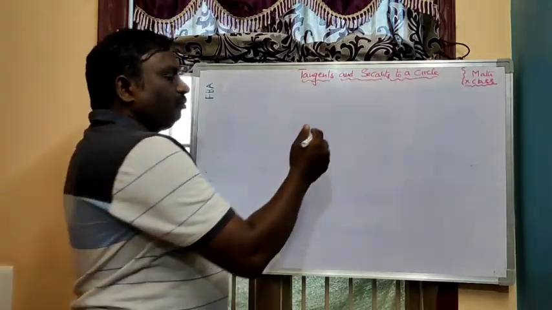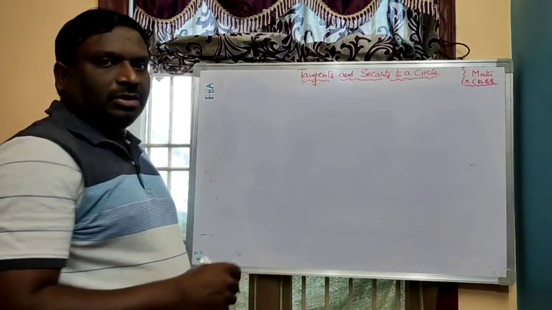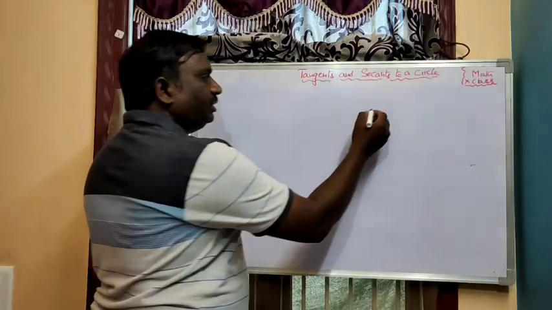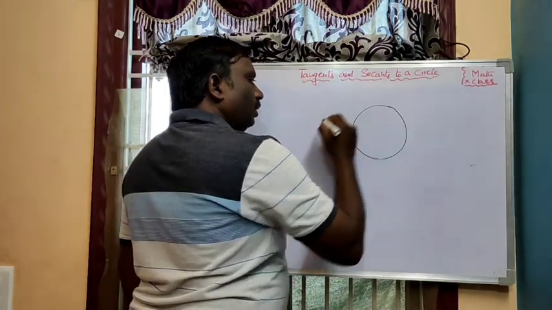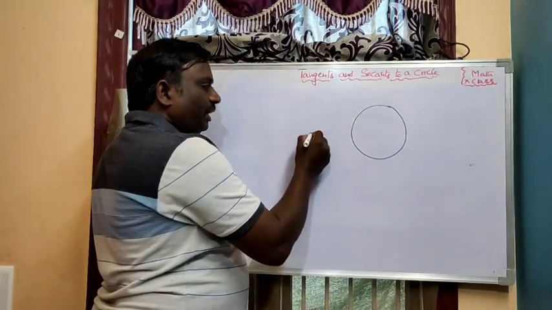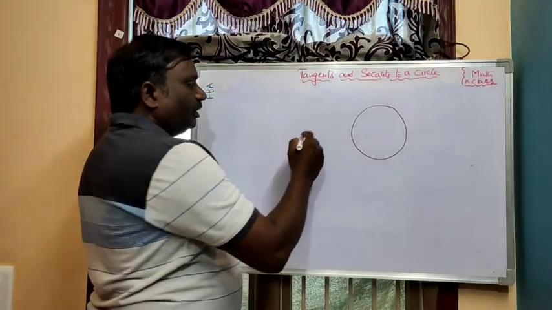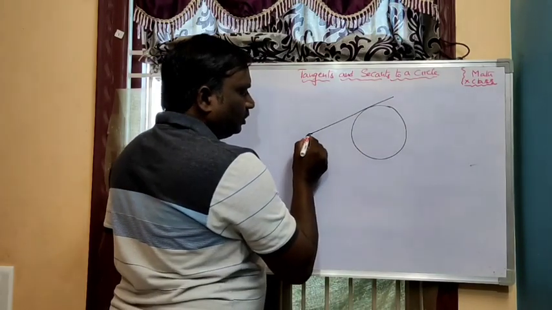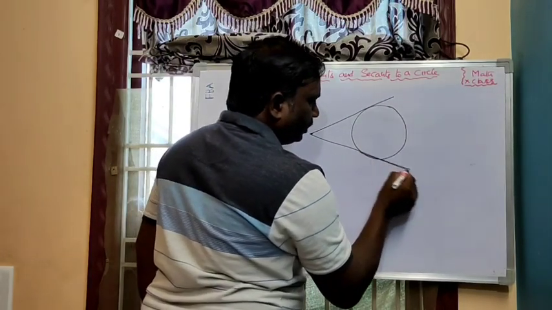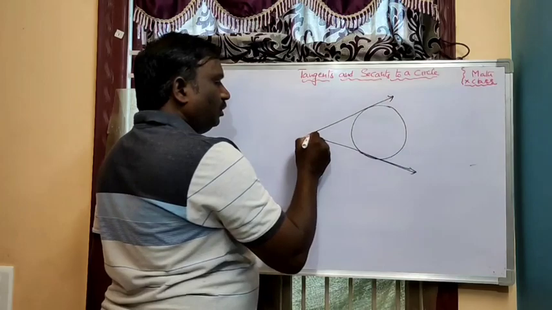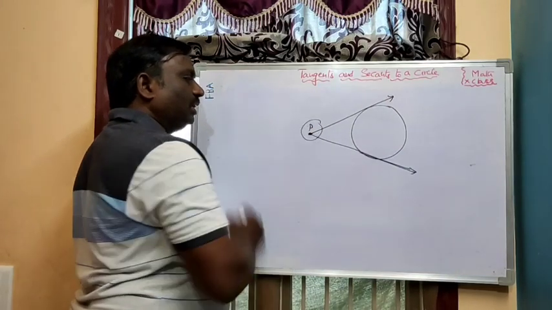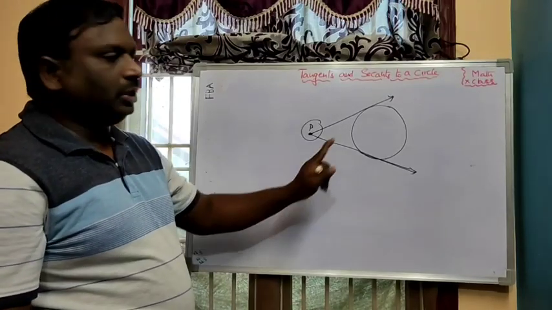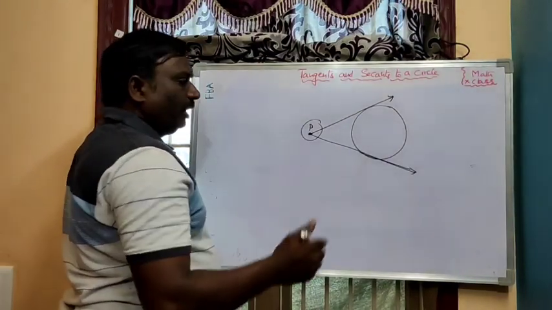So now how many tangents can we draw to a circle from any point? From any point means now I am taking the circle. For this circle now I am taking the point external, first case. If you take an external point, then we can draw one tangent and another tangent. So if the point P is external to the circle, then we can draw two tangents to the circle. We can draw only two tangents.